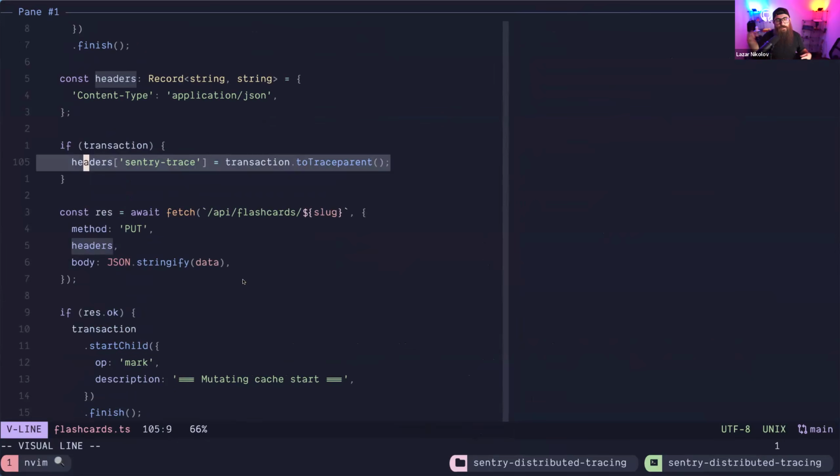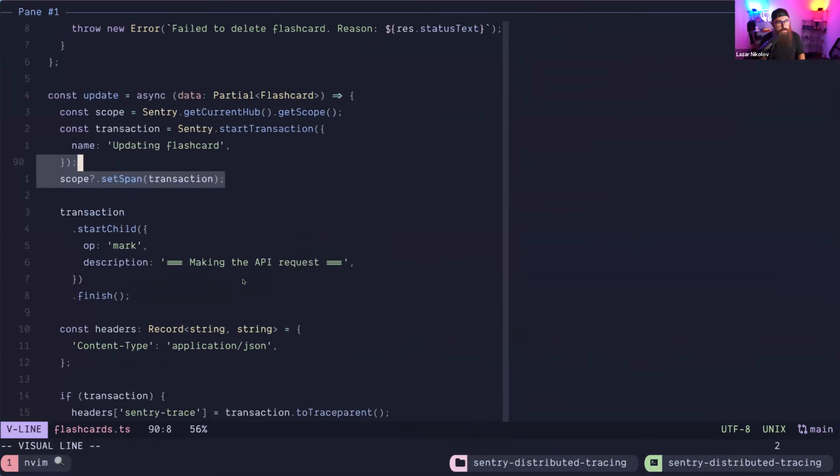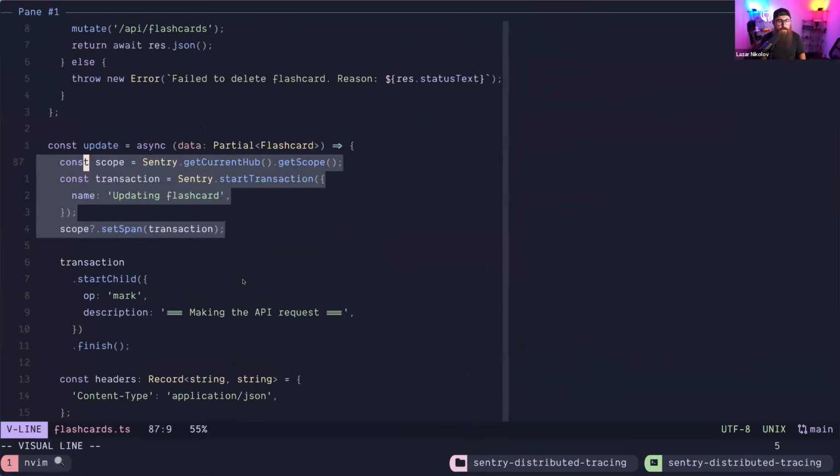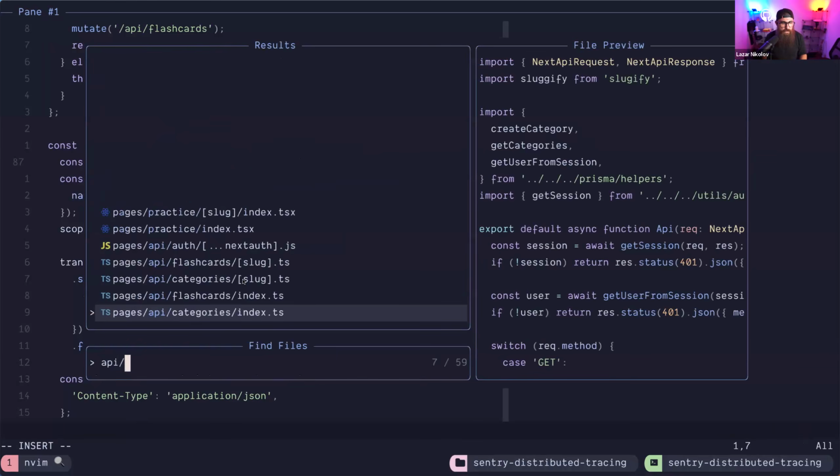That's how we connect the front end and the back end. And of course, this line right here, because we have an ongoing transaction. Create a transaction, and then we can attach multiple things to it. So let's go to the backend and see what happens there. I'm going to go to